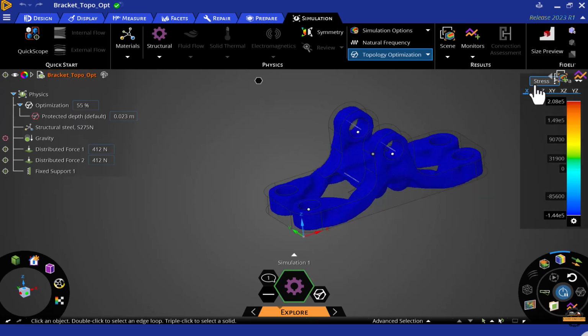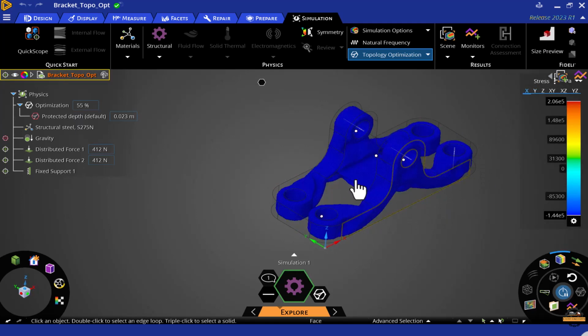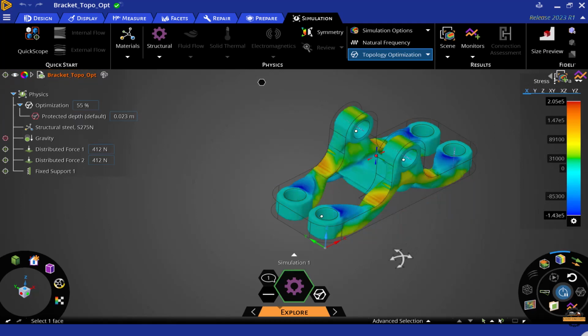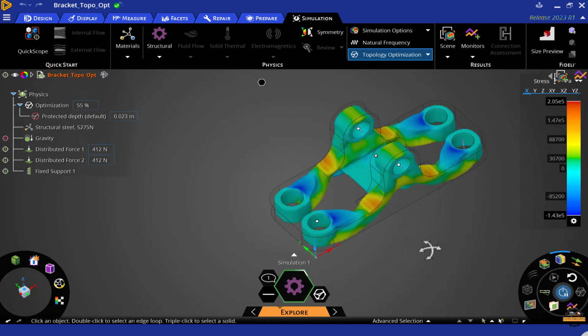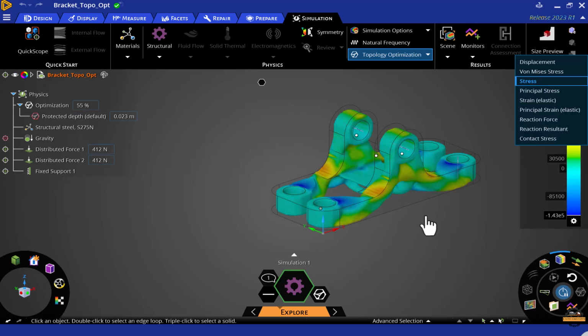We can see the stress values also on this optimization part. According to that it will be optimizing the model. So this is how you can check everything that you require and you can optimize your part